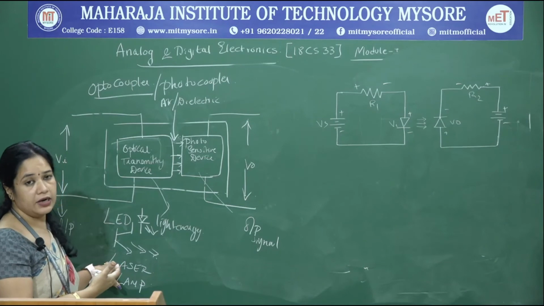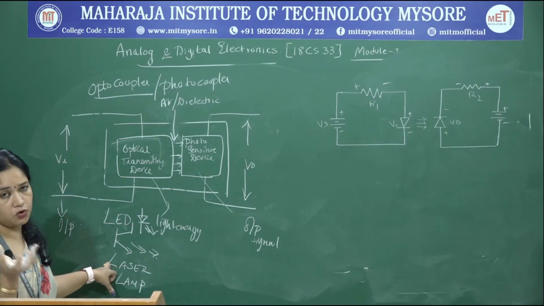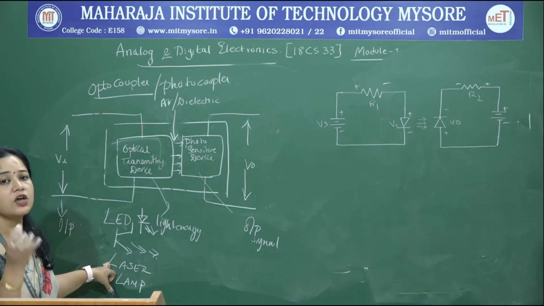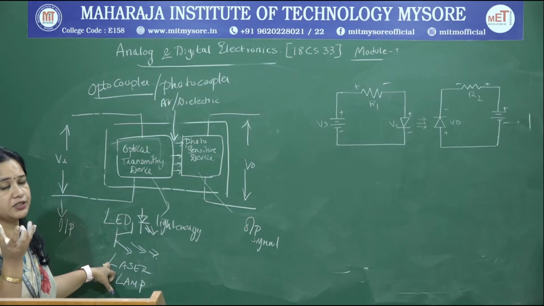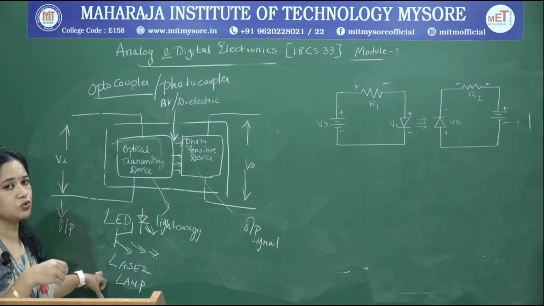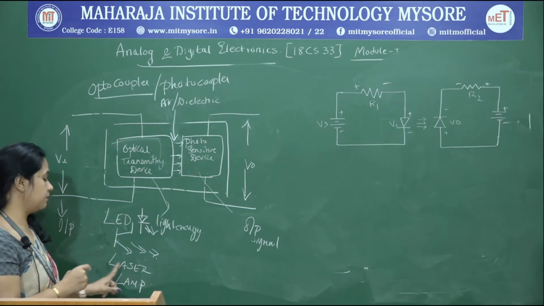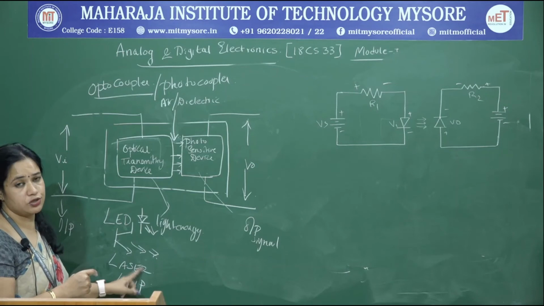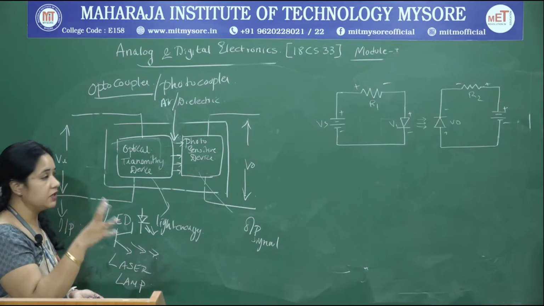So these are transistors which produce light whenever it is forward biased. And we have lamps. So what are lamps? Lamps are basically opto devices which are capable of producing light of sufficient intensity depending on what current is used to drive these lamps. And we have laser. Laser stands for light amplification by stimulated emission of radiation. So these are again light transmitting devices.